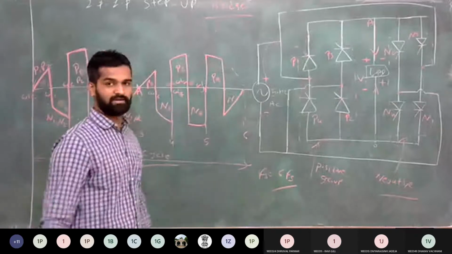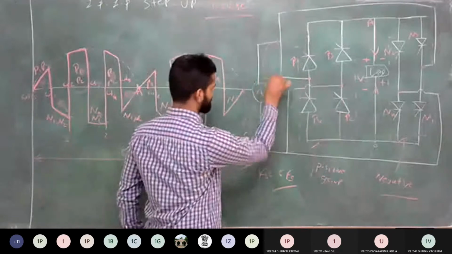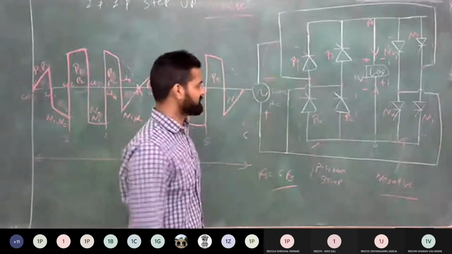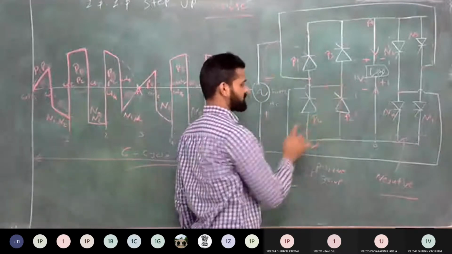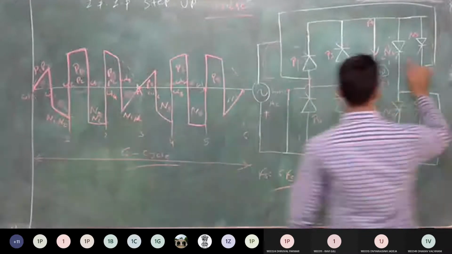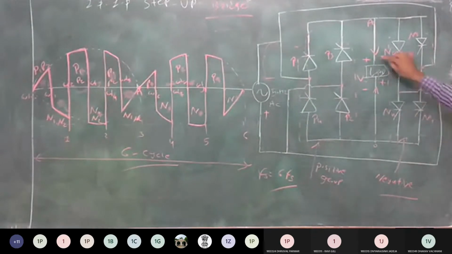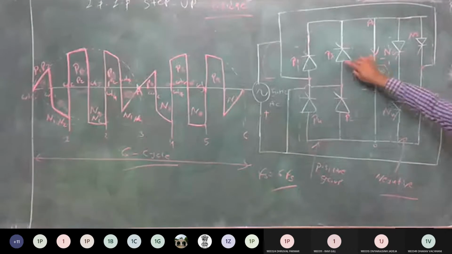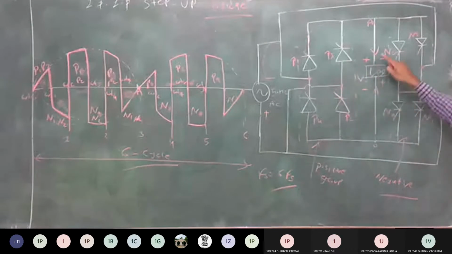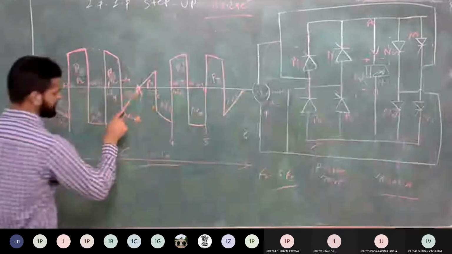And the negative cycle, when it starts after this pi angle, it means minus here and plus here. What will happen? P3 and P4 come into forward bias, P1 P2 is reverse bias, and from the negative group, N3 and N4 come into forward bias, and N2 and N1 is reverse bias. But when you require positive voltage, turn on P3 and P4, and when you require negative voltage, turn on N3 and N4. So just before pi, the negative cycle is completed.